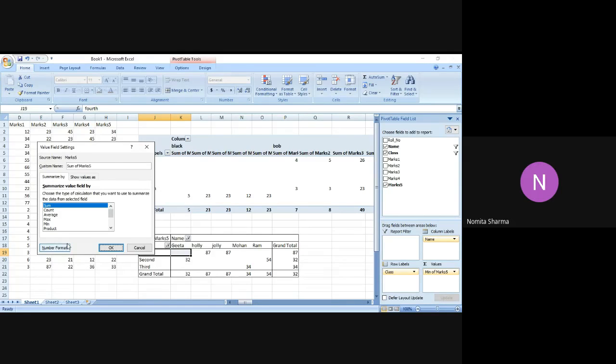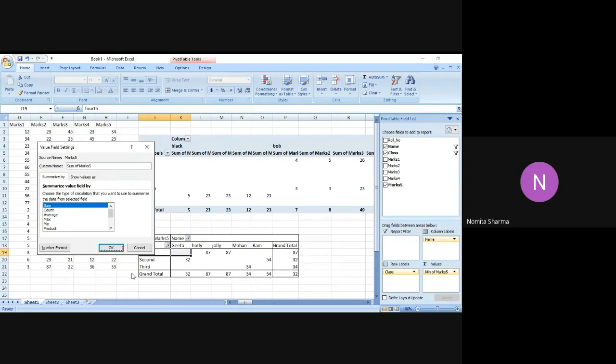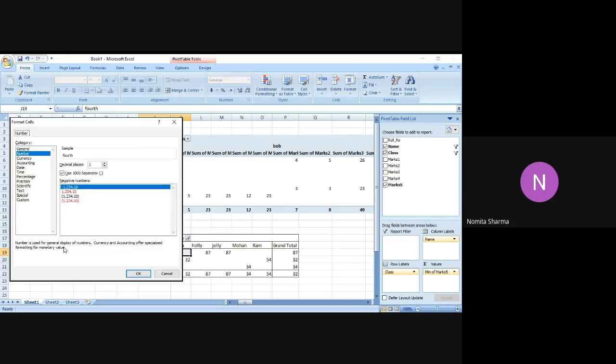Similarly, let me do something more. Let me do it with a number, and let me put some decimal places. But since the decimal numbers are not there, it won't show you the change in the table because they are just absolute numbers. So the point I'm trying to make is that you can actually change the format in the pivot table also.